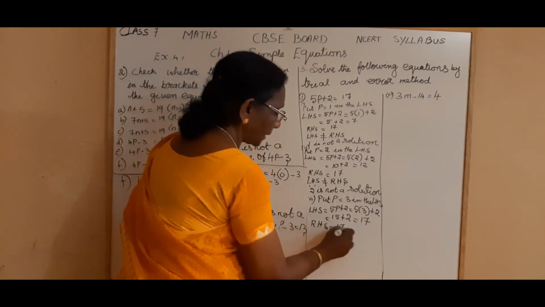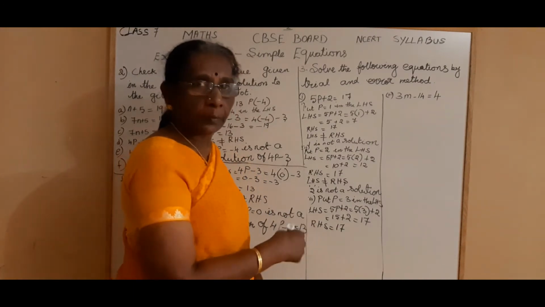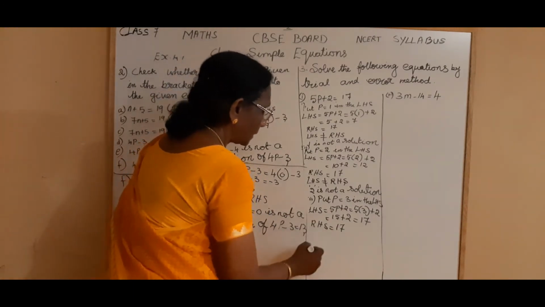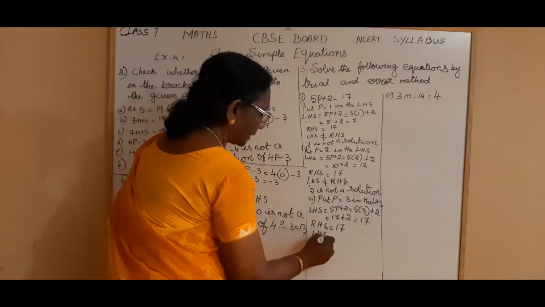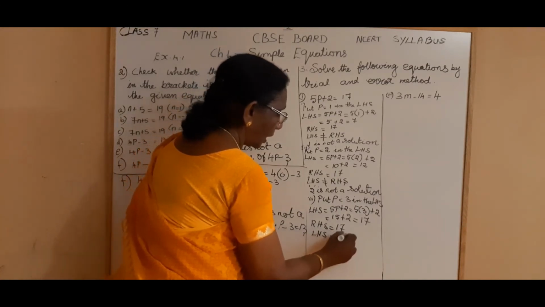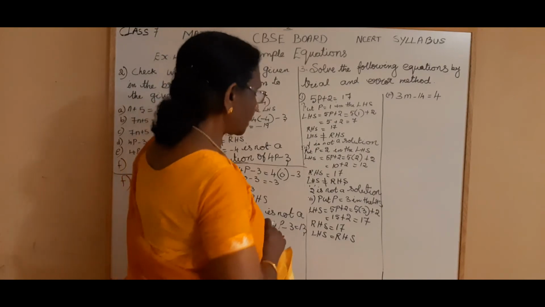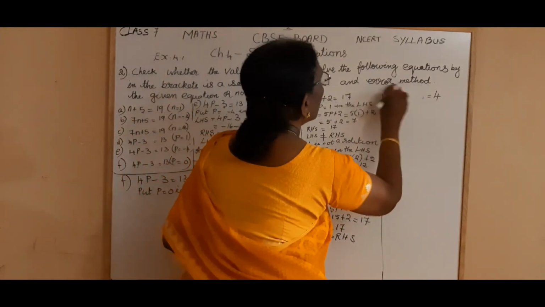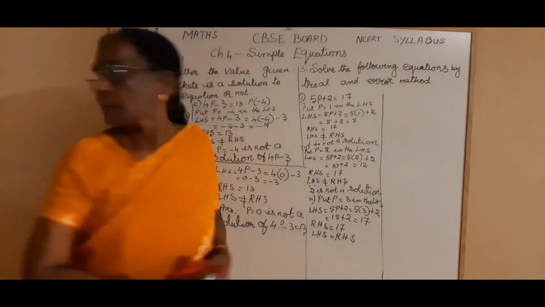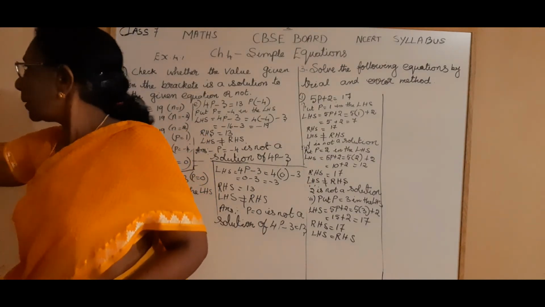17 is also 17. Now, are you getting both the same? Yes. So LHS is equal to RHS. So which number is the solution? When you compare all these things, we tried